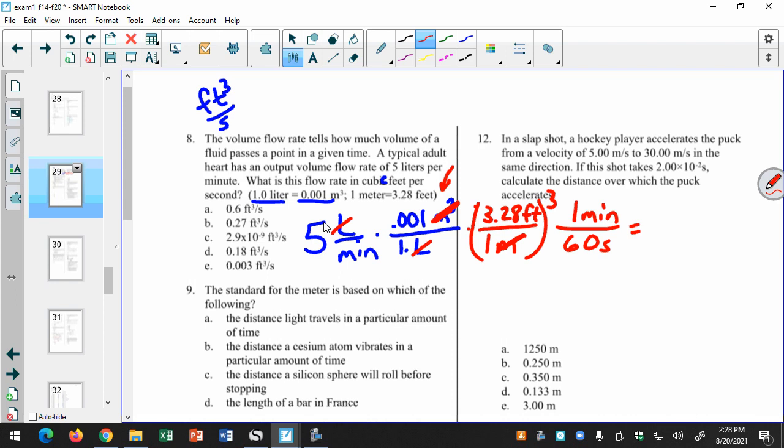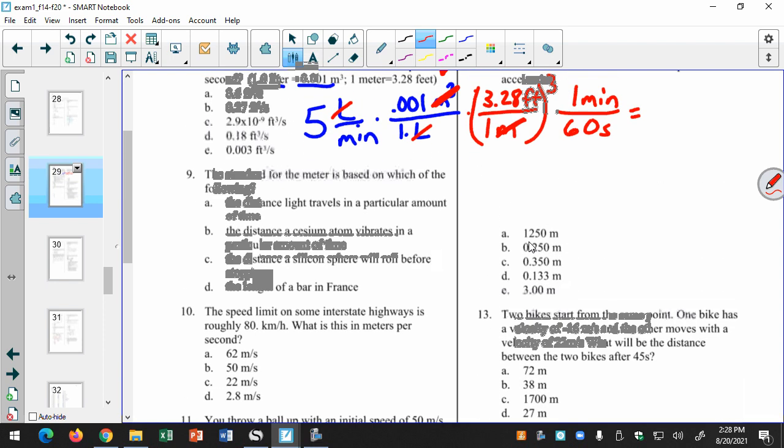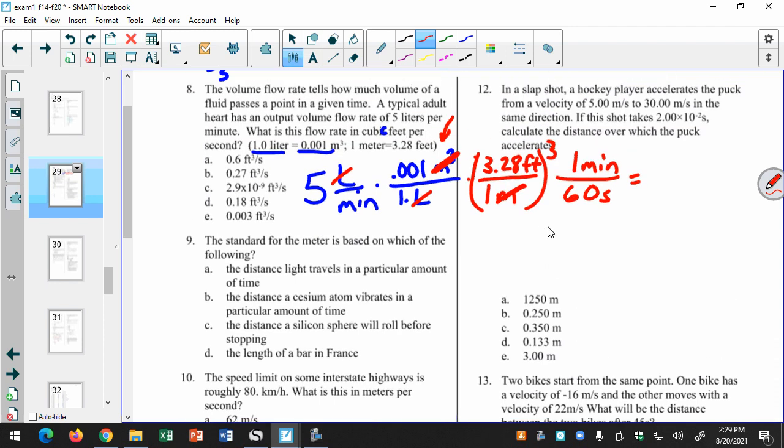What did you say the answer was? I got C. No, it's A, 0.6. The video says... What'd you get? Maybe I made a mistake then. Let's see. Oh yeah, I didn't put in the 0.001. Alright,